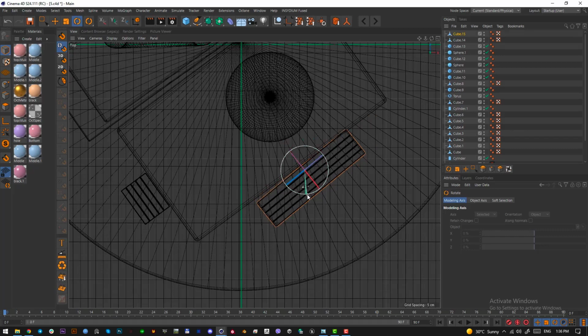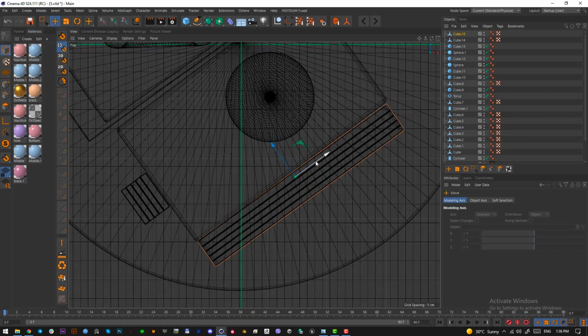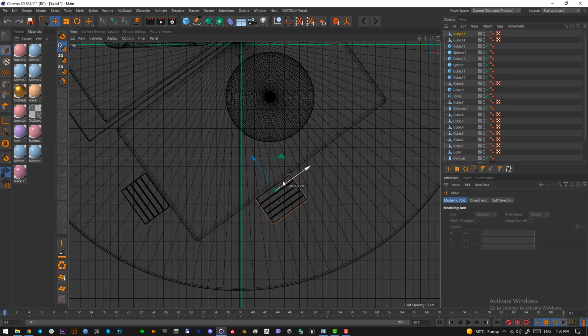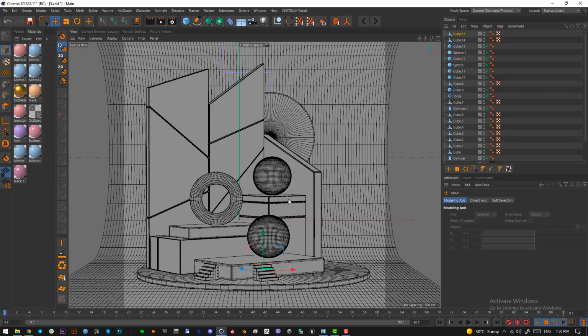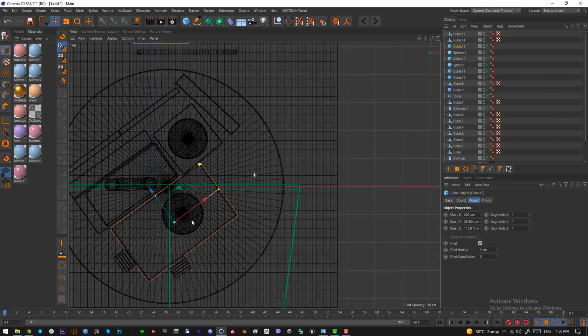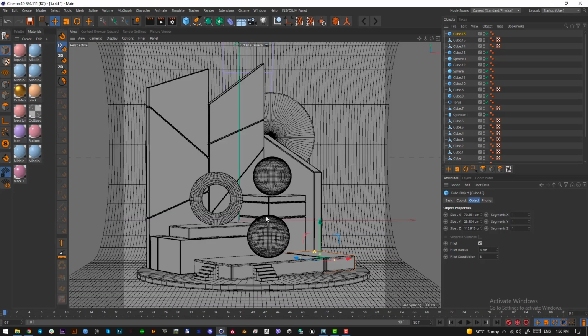Actually, let's try scaling them completely like this. Okay, I don't really like it. Let's just make them smaller stairs like this. Okay, this is cool. We want to select this cube here and click and drag to put it here, reduce this and put it somewhere here, and we want to increase the height of this,